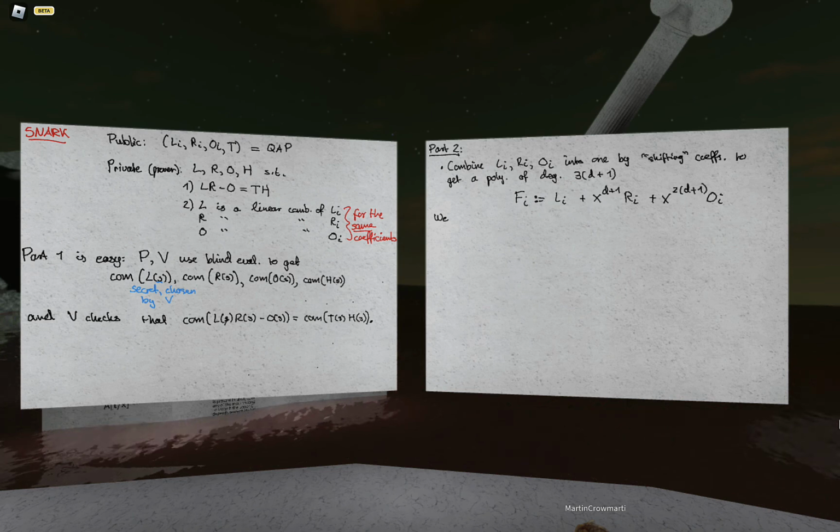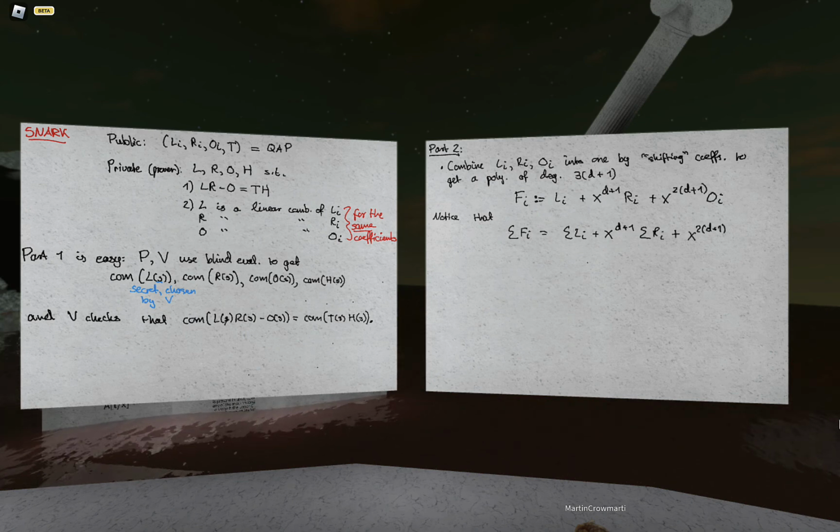So notice that if I sum up the Fi's, I get the sum over Li plus x to the d plus 1 times the sum over Ri plus x to the power of 2d plus 1 times the sum over Oi, so that